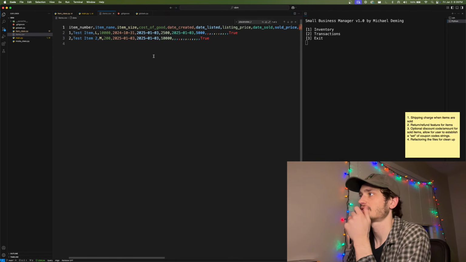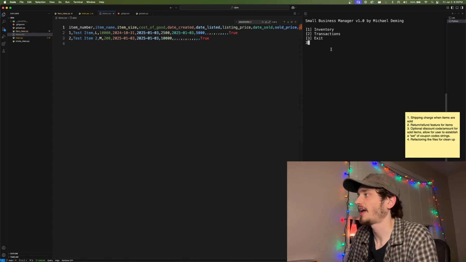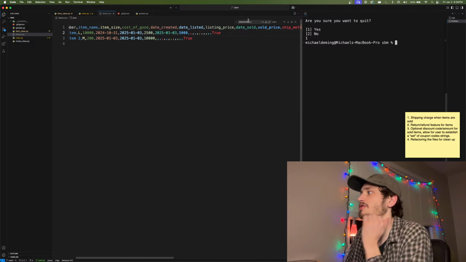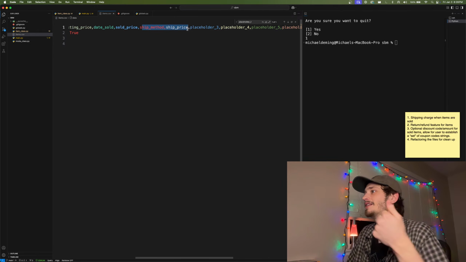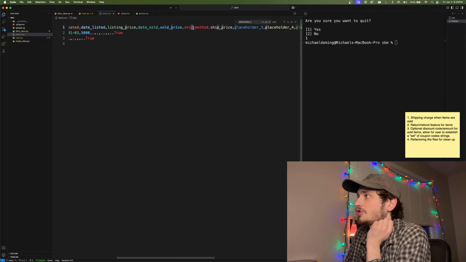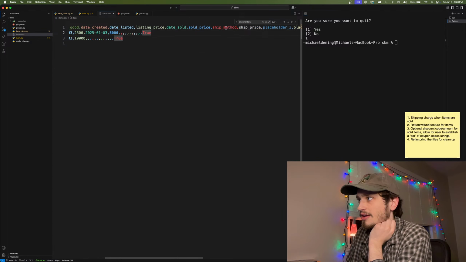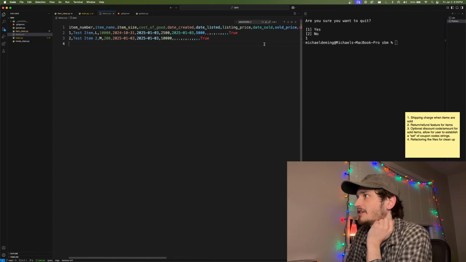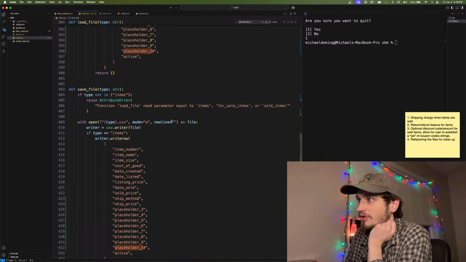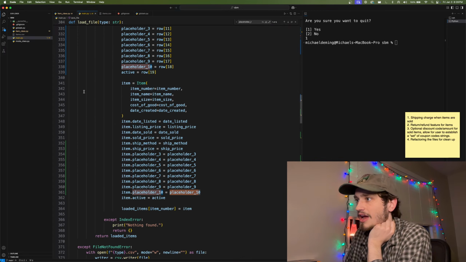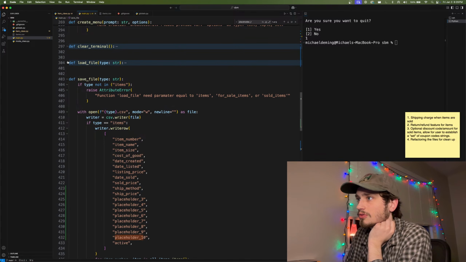Oh, this is because this is the same file still. So now if I exit, actually, it'll override and change those. Perfect. Nice. So now we have two new attributes of ship method and ship price, which by default are none unless we fill in with a sold, and we convert this to sold. So now let's go add to our sold conversion